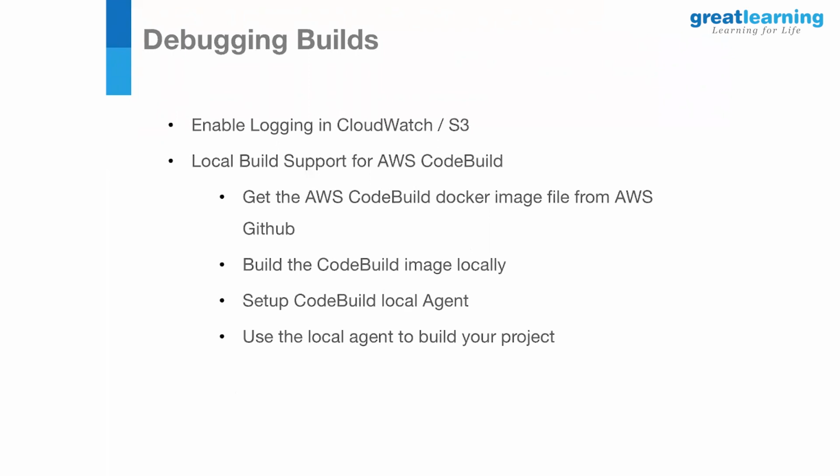You don't have to wait and do it online every time, or you can save some cost with this as well. It's very quick. And by building an application on a local machine, you can test the integrity and correctness of a buildspec file locally. You can also test and build an application locally before you commit the source code. You can identify and fix errors quickly from your local development environment. So all these things are advantages of having local build support from AWS CodeBuild. So that's about debugging your build.